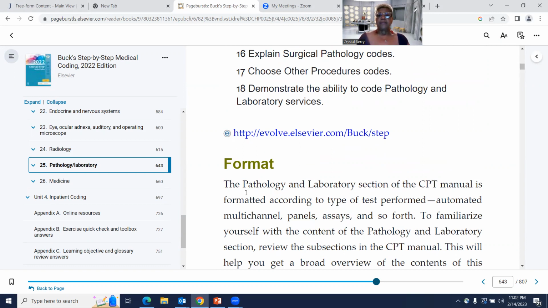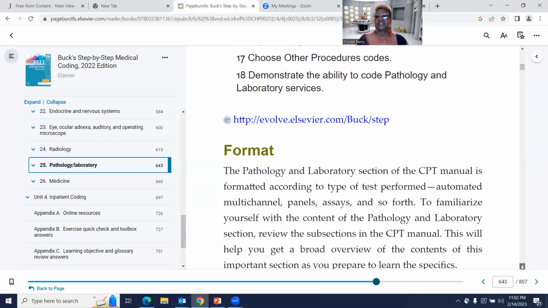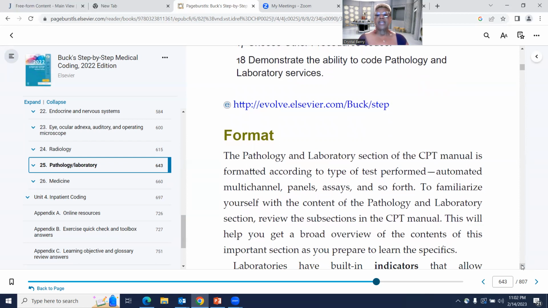Format. The Pathology and Laboratory section of the CPT manual is formatted according to type of test performed. I'm going to read that again. This is the format. The Pathology and Laboratory section of the CPT manual is formatted according to type of test performed. Automated multi-channel panels, assays, and so forth. To familiarize yourself with the content of the Pathology and Laboratory section, review the subsections in the CPT manual. This will help you get a broad overview of the contents of this important section as you prepare to